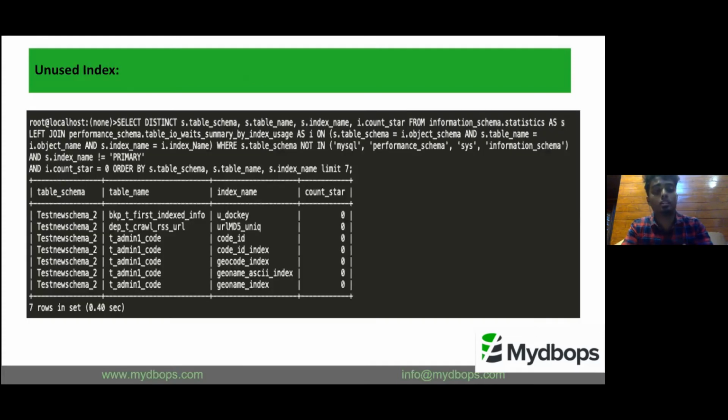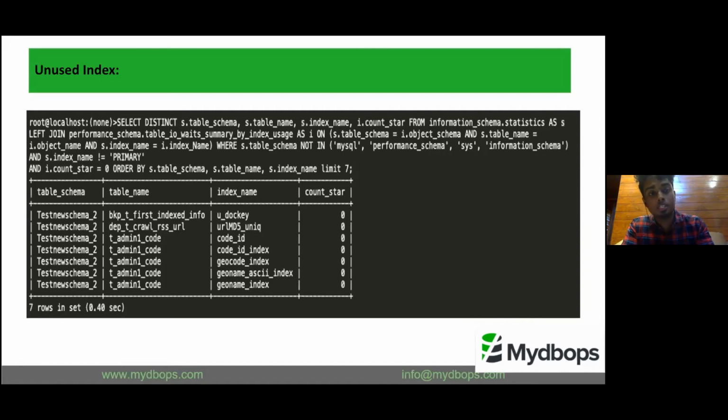And this is for unused indexes. For example, at the MySQL server level, unused indexes hold a huge amount of disk space on a server, and unused indexes can even cause query trouble. If you look at a query which is taking a long time, you can find that unused indexes also cause lag in query performance.